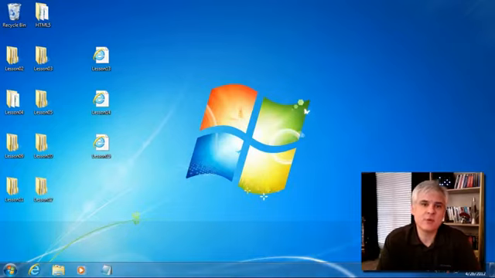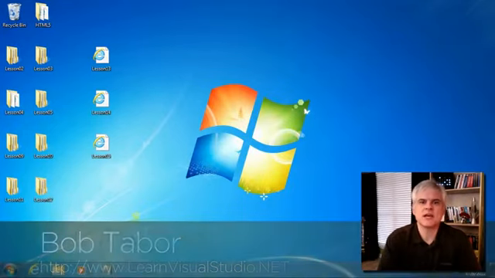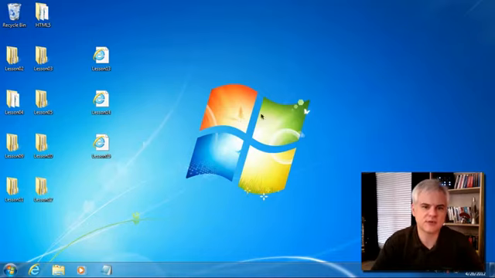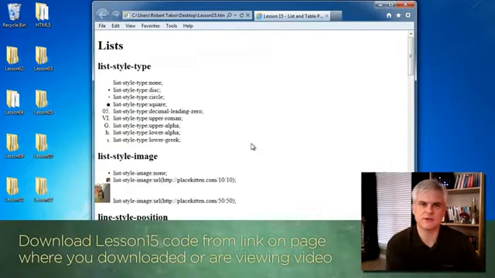In this lesson, I'll briefly point out the CSS properties that are unique to lists and tables. Pretty simple ideas. I just want to be thorough and create a little cheat sheet for myself so I really understood the options for these. Again, I encourage you to do the same. Take a look at lesson 15.html, available to you for download wherever you downloaded or are watching this video right